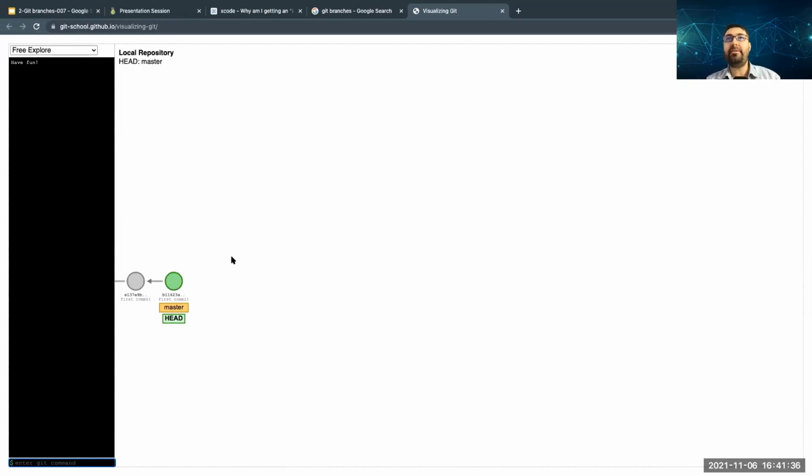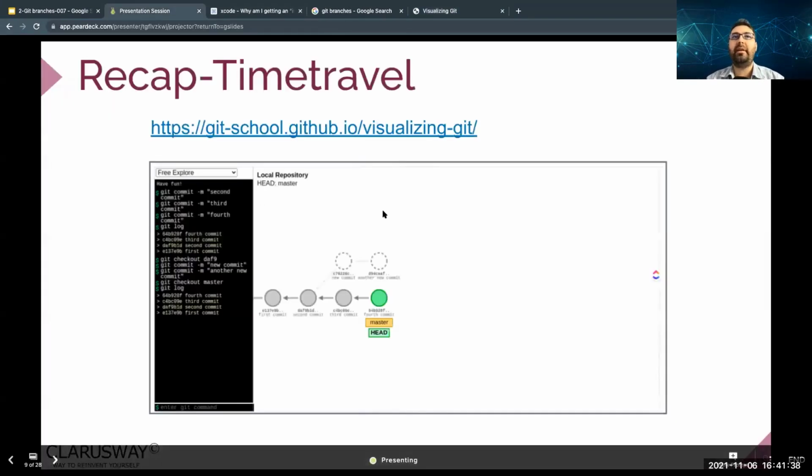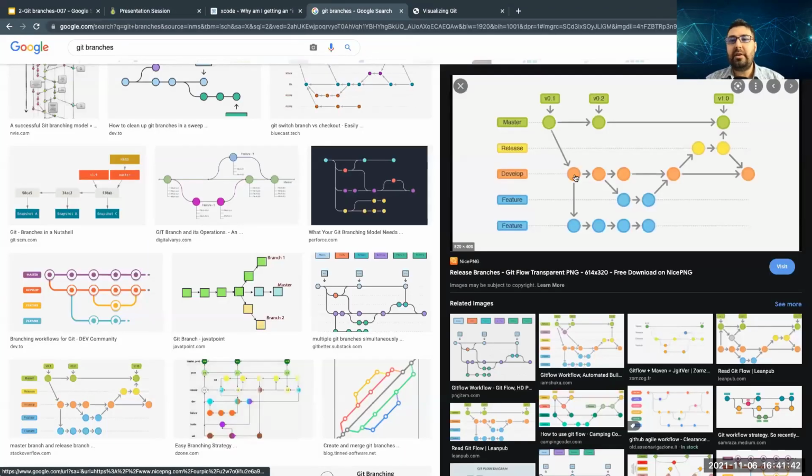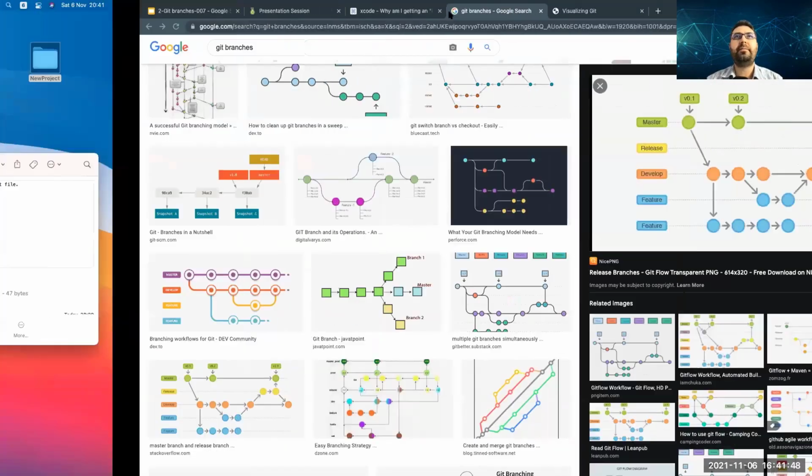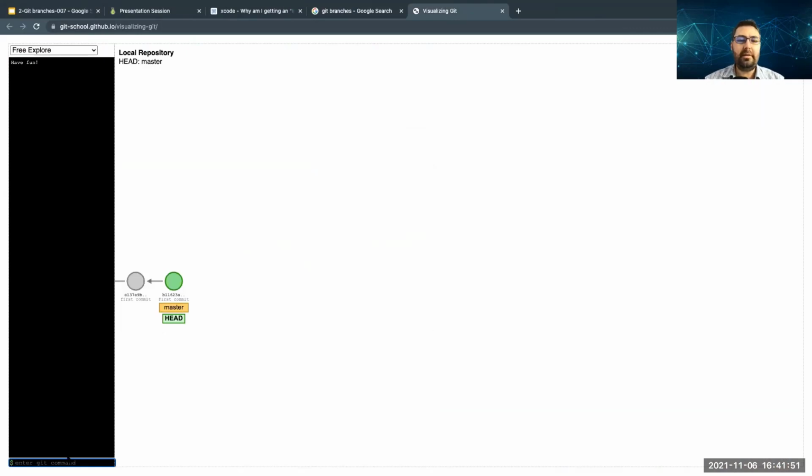The next step, after you have done with your first commit, is to create a new branch, a develop branch. How to create a new branch? Let's do that. Git checkout, but this time with -b, which means branch.